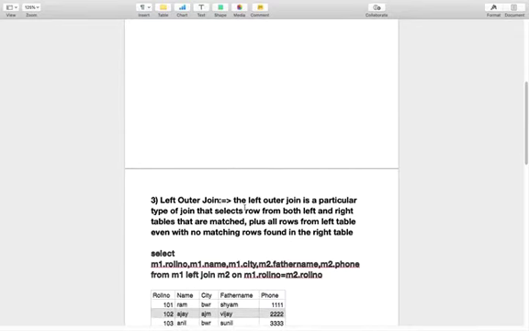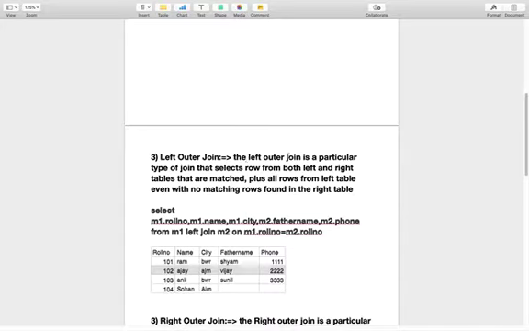So what is this? The left outer join is a particular type of join that selects rows from both left and right tables that are matched. So it selects rows from both tables plus all rows from the left side even with no matching rows found in the right table.